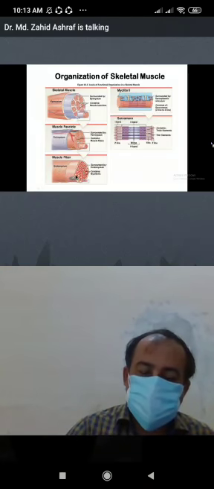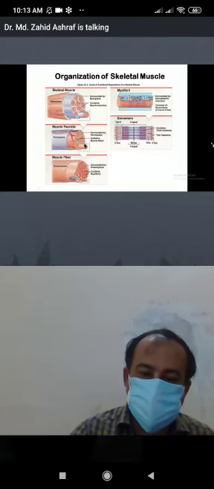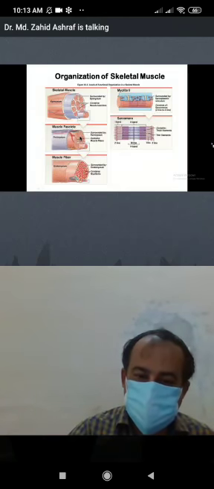Then some individual muscle fibers combined form a tubular structure. It is called muscle vesicle. This is a muscle vesicle. In this muscle vesicle, there are faces of some muscle fibers. This is one, another,